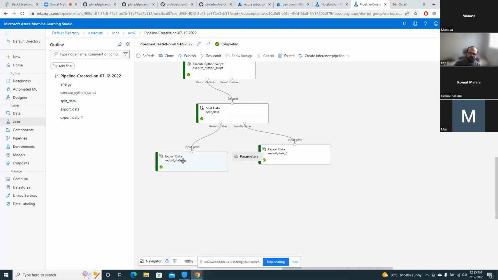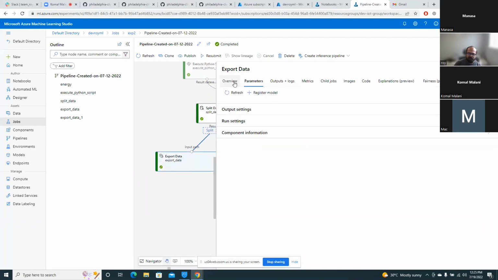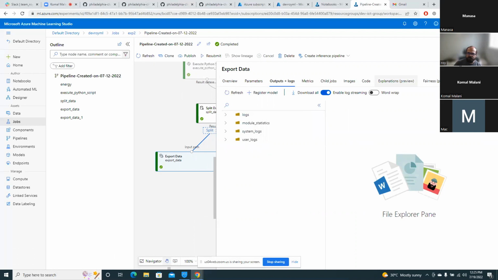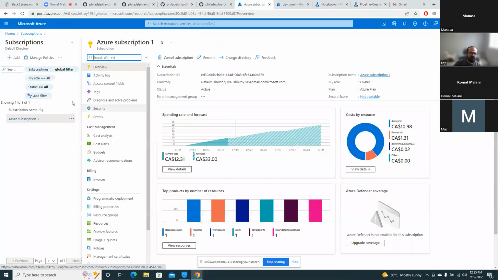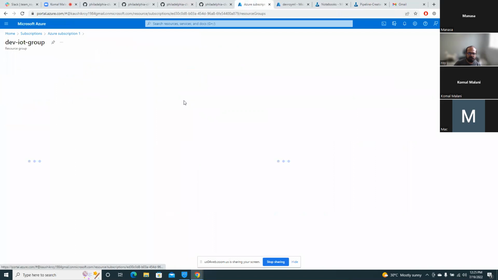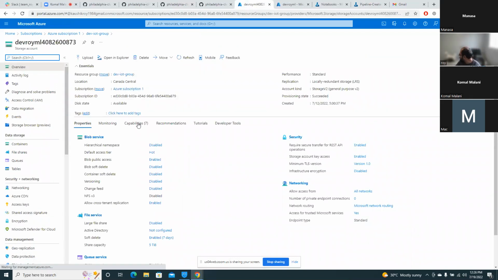After splitting the data, I'm exporting to different buckets. So where am I exporting? I'm exporting to the blob, right? And if I go to the blob that is assigned, containers,